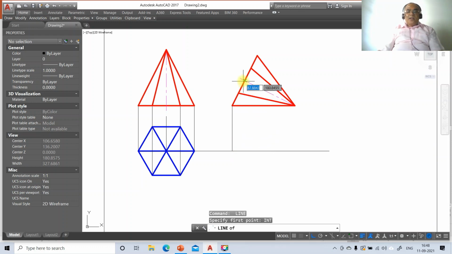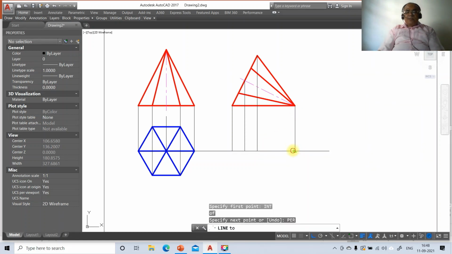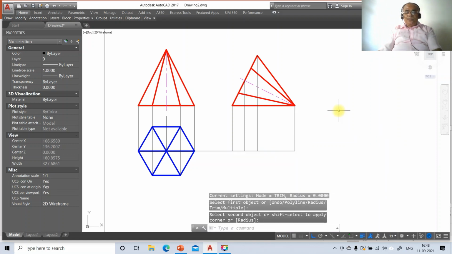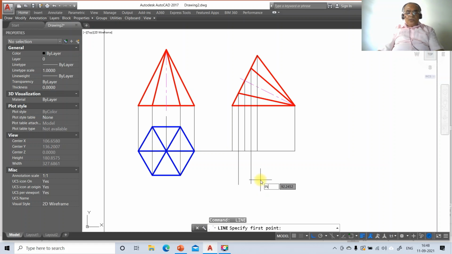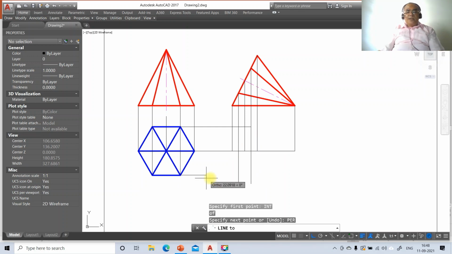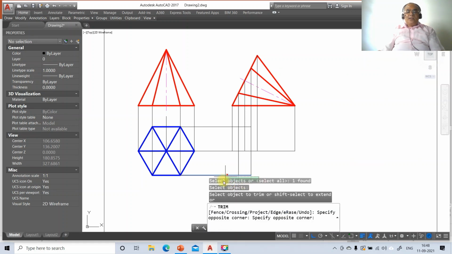go to line, take int of this and draw perpendicular to this, then go to line, take int of this and draw perpendicular to this, then go to line, take int of this and draw perpendicular to this, and then do the fillet between these two. Similarly, go to line, draw a vertical line, and similarly from here you draw a vertical line, then go to line, take int of this and draw perpendicular to this line, then go to line, take int of this and draw perpendicular to this line, then go to trim, select this as the cutting edge and this as the object